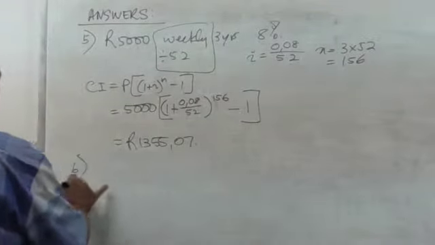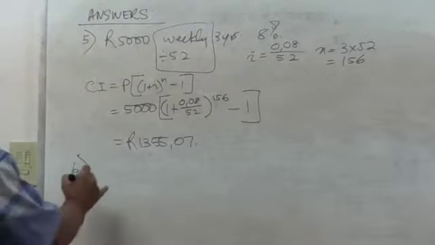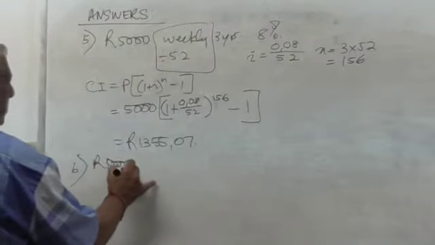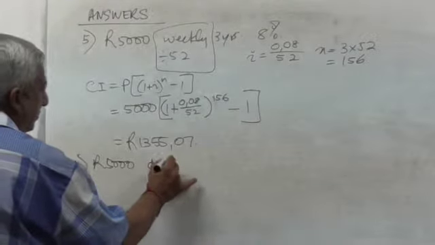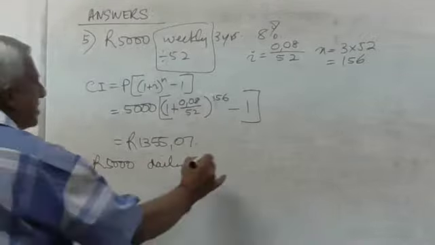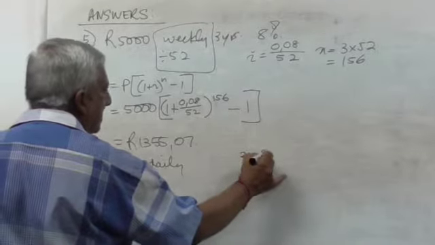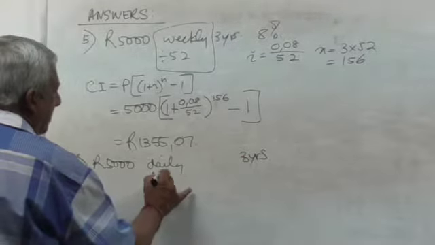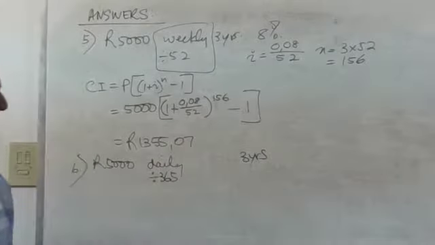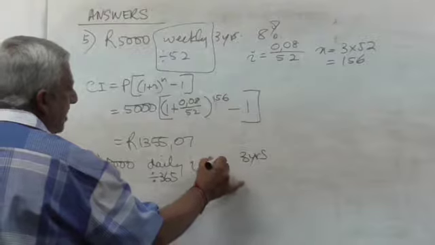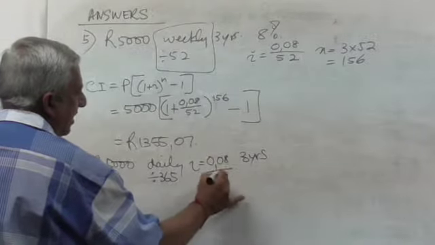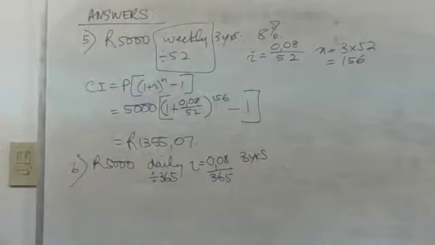1355,07. Number 6. Capital is still 5,000, but number 6 is daily. And it's still 3 years. Daily means divide by 365. So the I is equal to 0,08 divided by 365. The years, the N